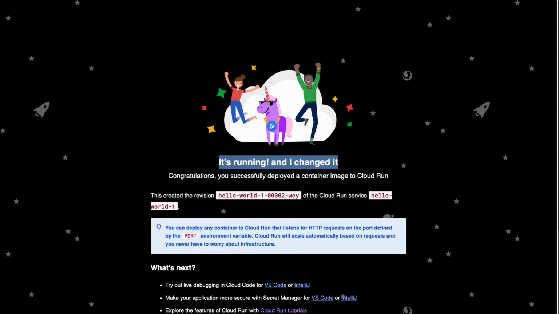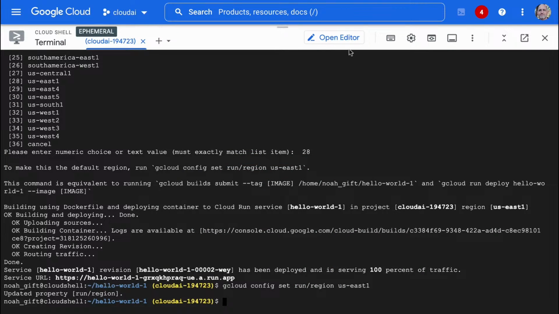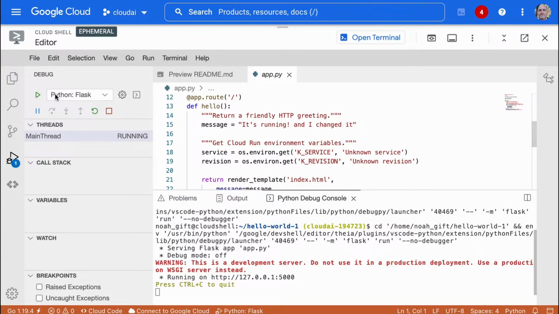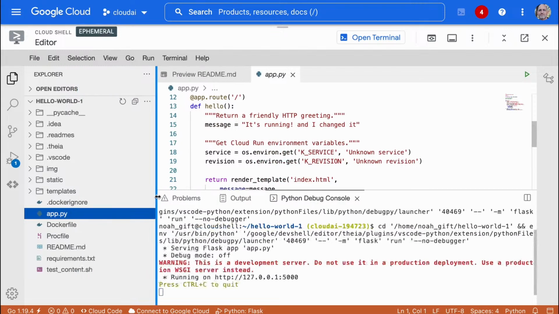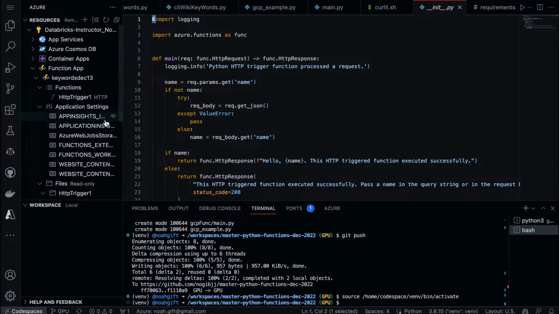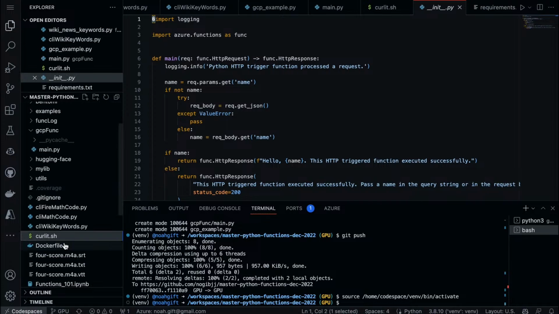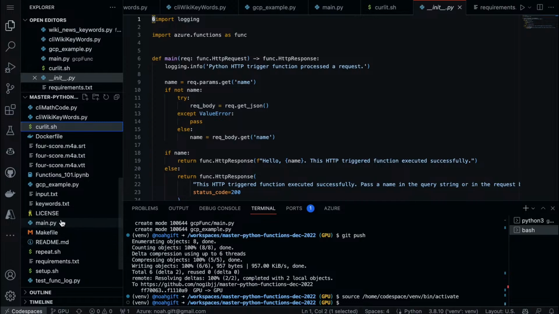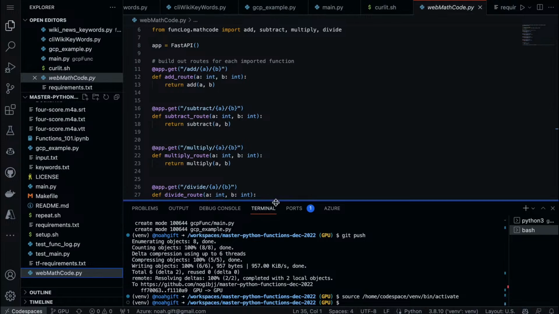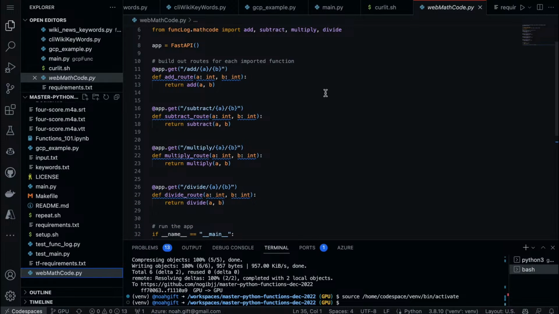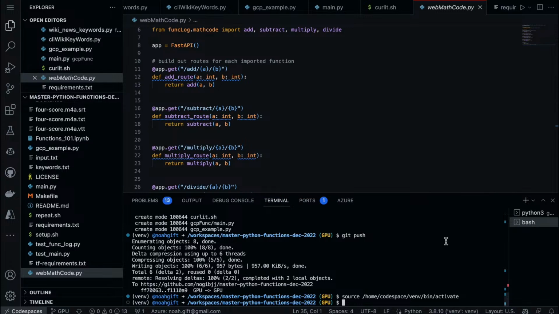So I mean, I guess I have a few minutes. In theory, I could get really wild here, and I could go to the editor, and let's just make all this smaller. And I'm curious how far I could go. So if I went to my code here and I grab one of my other microservices, like this web one that I had, this one. Yeah, this would be a good one. Let's build one in Flask real quick, and let's just copy it over.